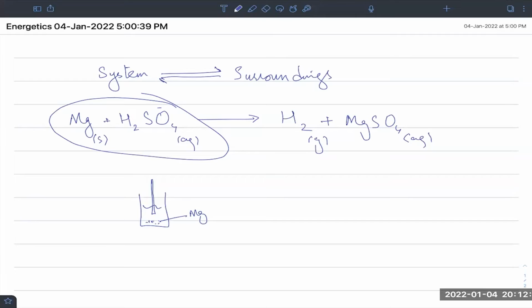Now, what's happening is the system is getting more energy than it's giving out. So it's all about what is coming in and what's going out. So when it's going out from the system, we give it the negative sign. So system giving energy to the surrounding is negative, and system getting energy from the surrounding is positive. So when you have an overall positive answer, which means energy is being taken in more and given out less, that